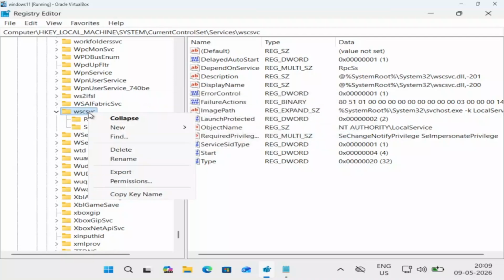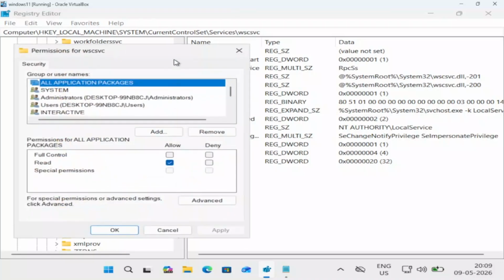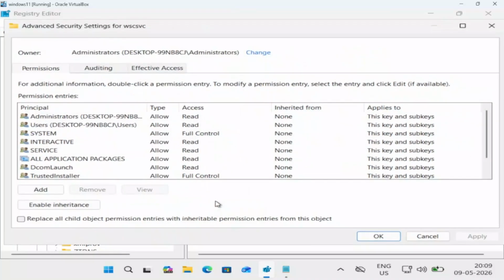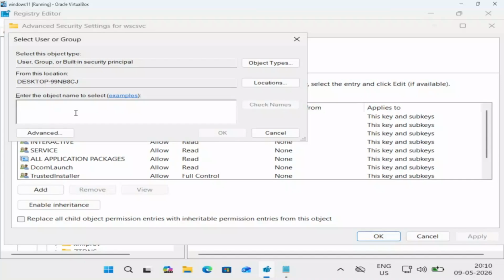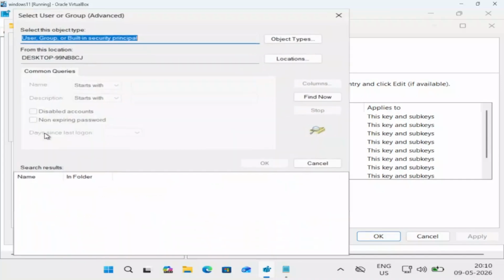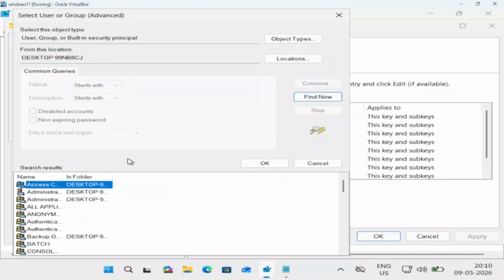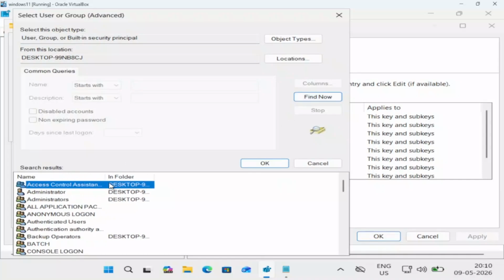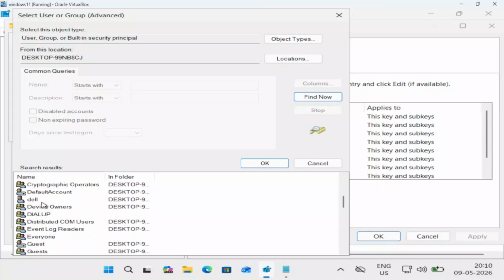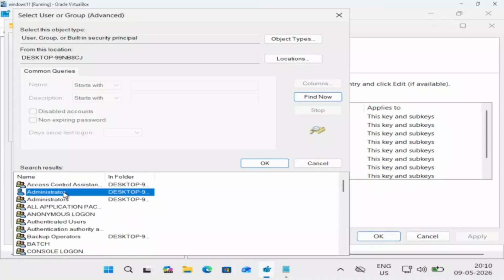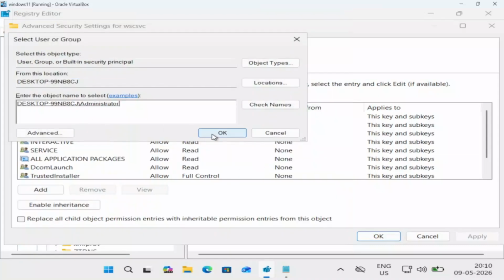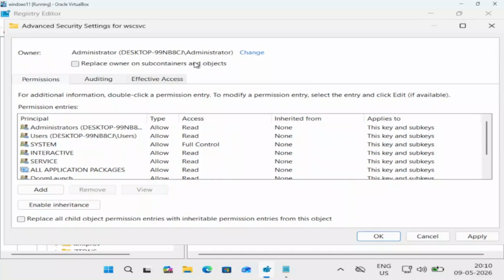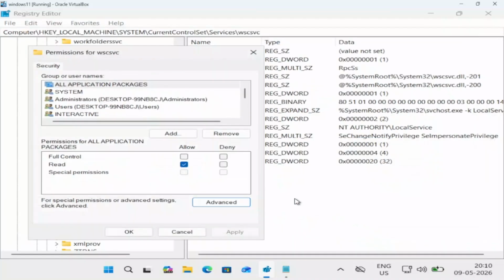WSCSVC folder. Right click on it and go for Permissions, and from here look for Advanced options. Now change the ownership here. Look for your username, and if you can't find anyone, just click on Advanced, then click on Find Now and look for your username here. It should be Administrator. As you can see, I'm selecting this user, but if you have another user on the system, just select that, and once you select, just click on OK, and it is selected now. Click on OK and tick the Replace owner box, then click on Apply, then click on OK, and now